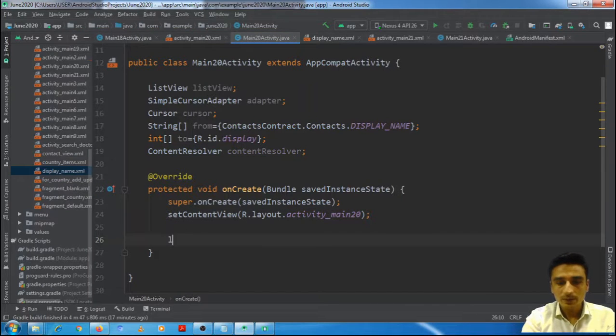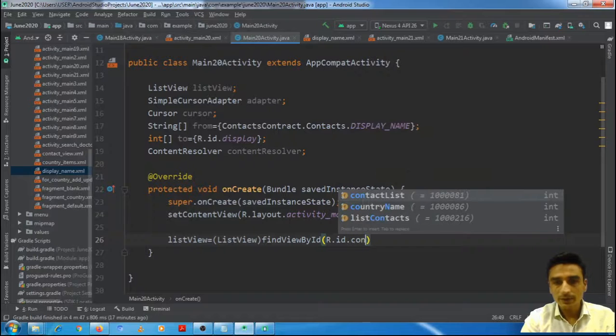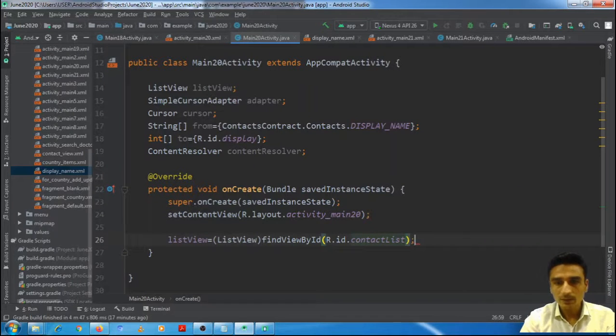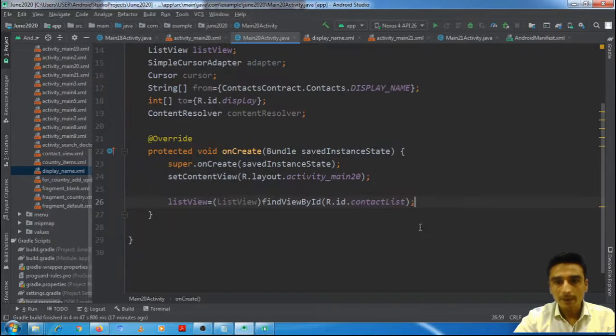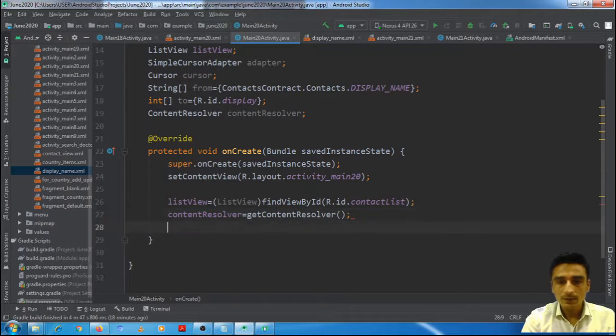First of all, list view is equal to list view findViewById R.id.contact list. Yeah, it is contact list. Then content resolver equal to getContentResolver, then cursor equal to.